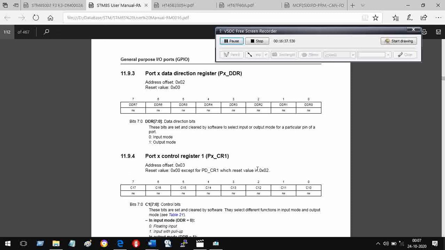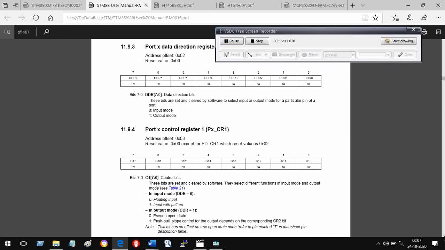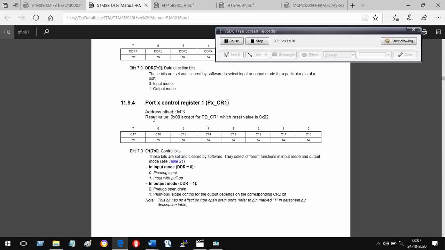Now there is a control register. What does this control register do? Reset value is okay. Now it is CR1. Let us say we are talking about PD underscore CR1. Then what does it mean?